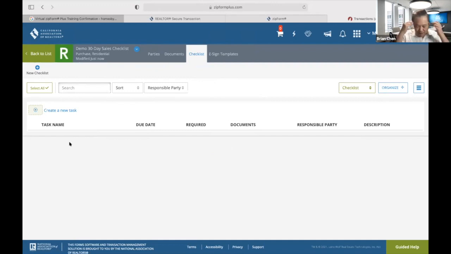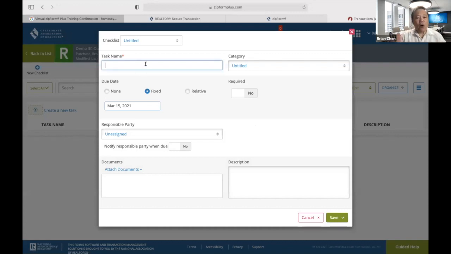Now you have to have a mental picture of the flow of your 30-day transaction. How you want to do a 30-day transaction, right? So your first task is within 3 days after acceptance. Remember, acceptance day is the starting clock, not the open escrow day. So you create a task name called initial deposit